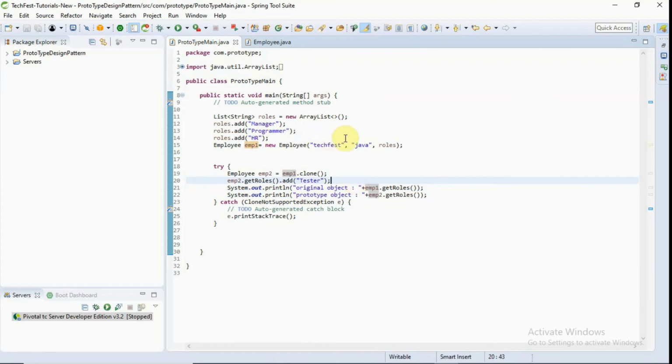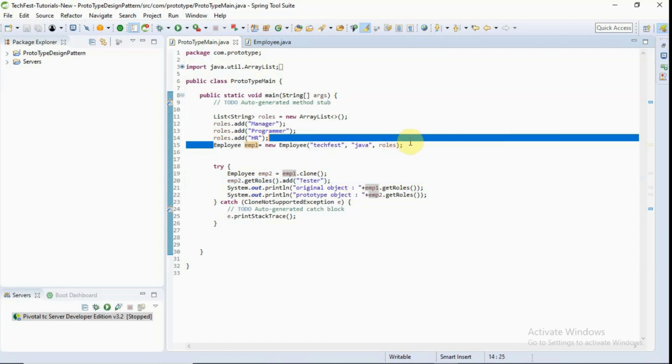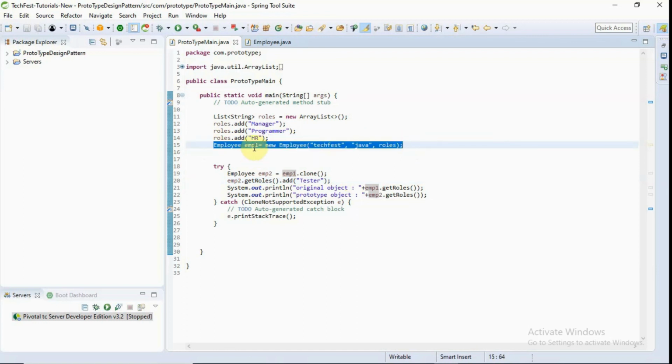In that case, we can use the prototype design pattern, where we can create a prototype of an already existing object. Here, as you can see, employee 1 already exists, so we have created a prototype of that, employee 2, and then made the modification. That is the business case for the prototype design pattern.